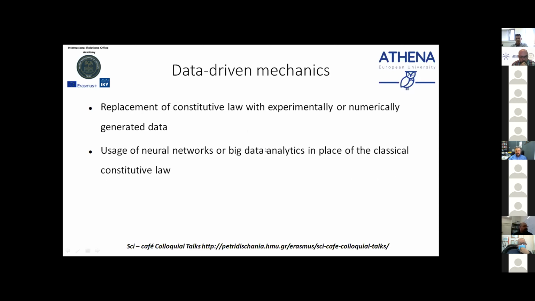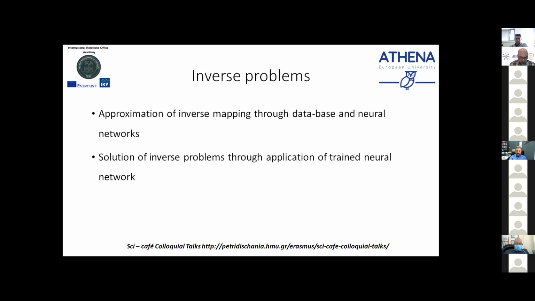Well, for data-driven, I already mentioned, we can think of replacement of the constitutive law with experimentally or numerically generated data. And nowadays, we have a lot of machines. We can collect a lot of experiments, a lot of data. And in this case, we can use either neural networks to create in a similar way a metamodel, a constitutive relation in the form of a metamodel, or to use the machinery of big data analytics in place of the classical constitutive law. Well, for inverse problems,